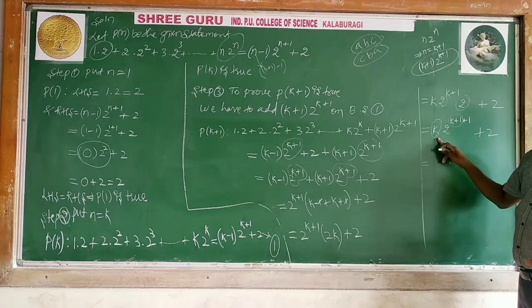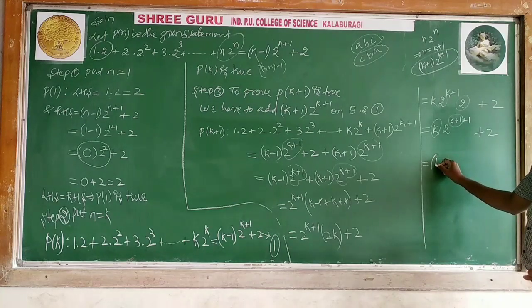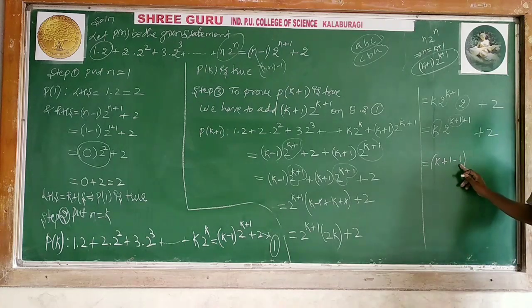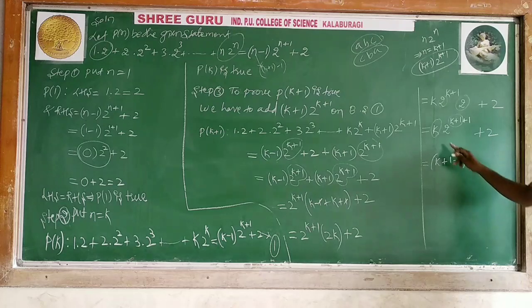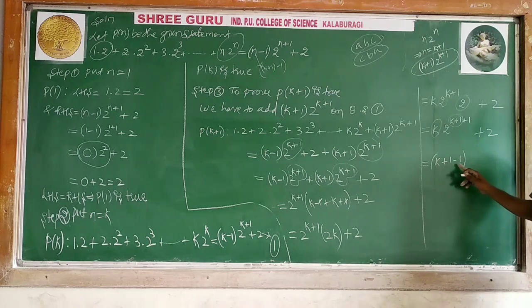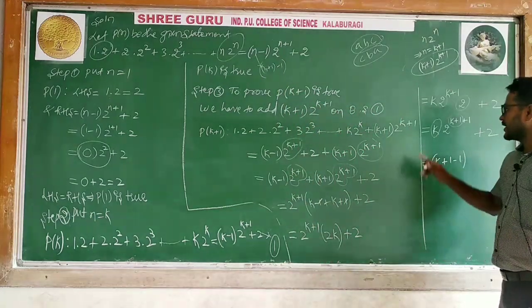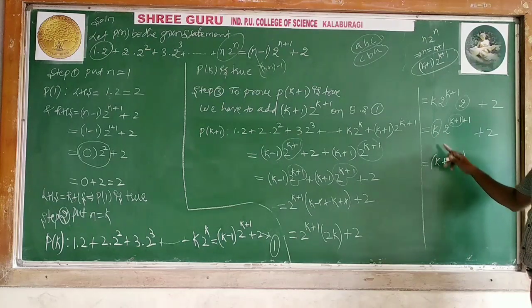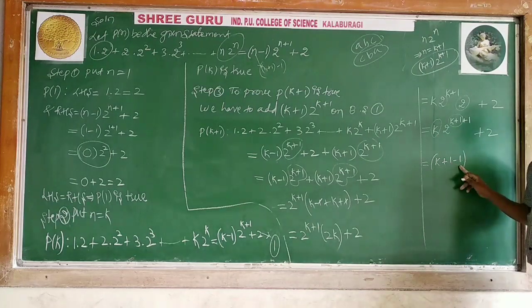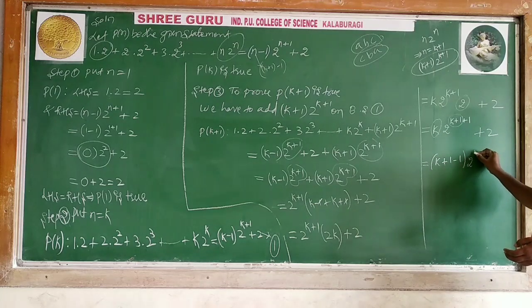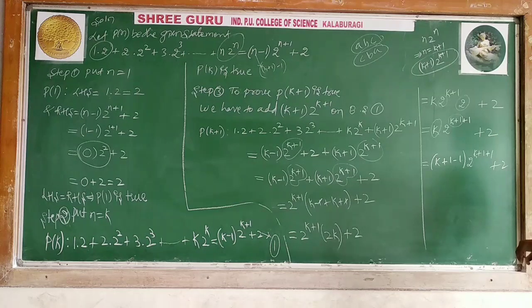Can I write k as k plus 1 minus 1? One mathematical technique. It is an adjustment. Plus 1 minus 1 cancel. What will you get? k only. I made it balanced. k can be written as k plus 1 minus 1. Why am I writing this? Because I need to show n as k plus 1 minus 1. Only I got k here. Instead of k, can I write k plus 1 minus 1? k is there as it is. What am I doing here? Plus 1 minus 1. Here 2 to the power k plus 1 plus 1, plus 2. Is it in the required form?